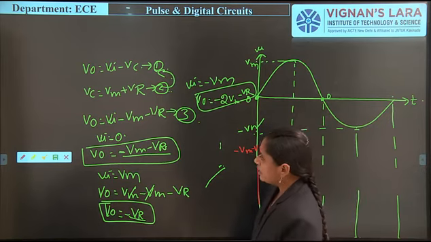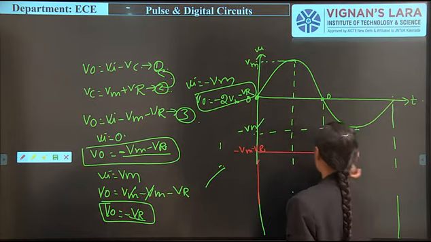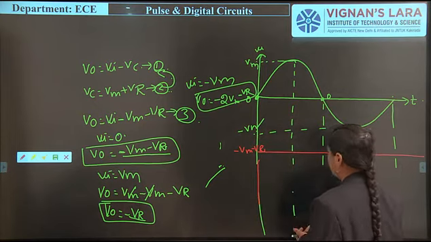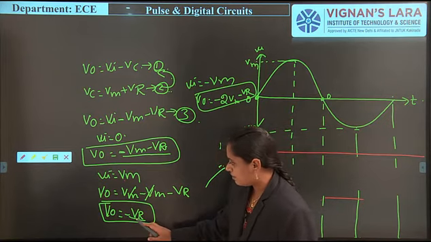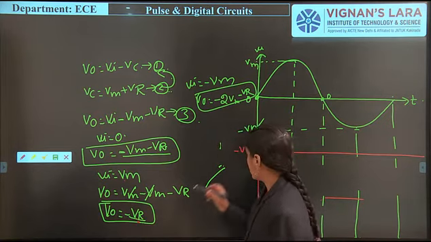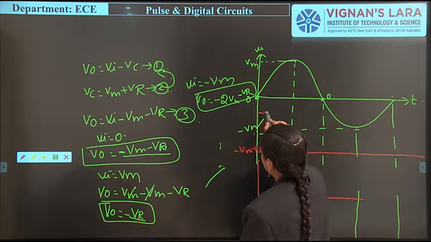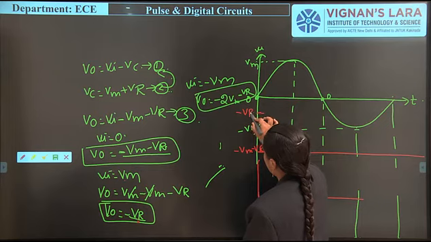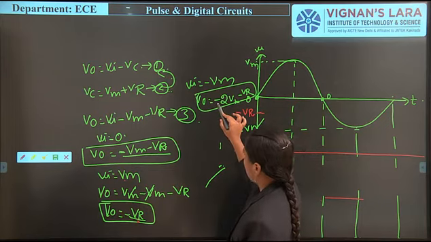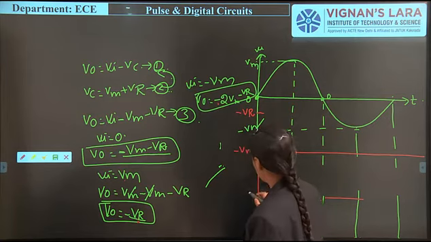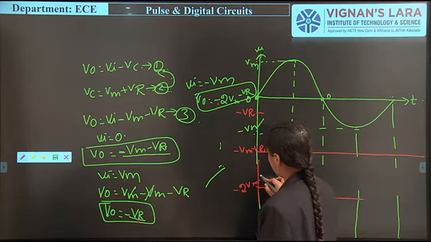And next we have to indicate the term at the zero condition, that's why I have to indicate here. And the next one is minus Vr. At Vi is equal to Vm, the output is equal to minus Vr. So obviously it is greater than minus Vm, that's why we have to indicate here. And the third one is the output V0 is equal to minus 2Vm and minus Vr. So it is in this direction.